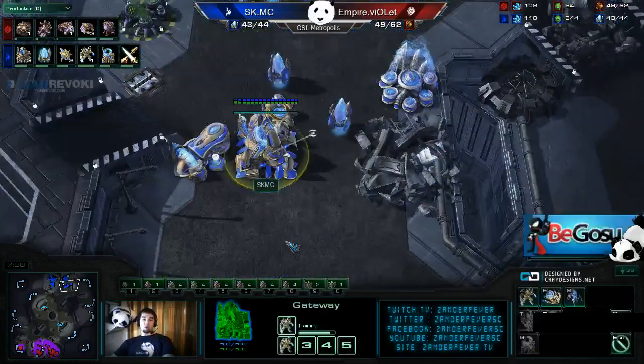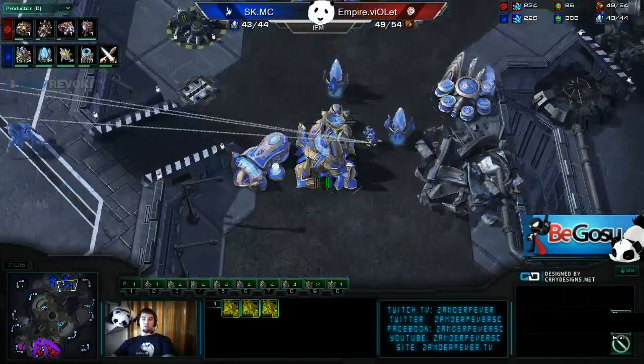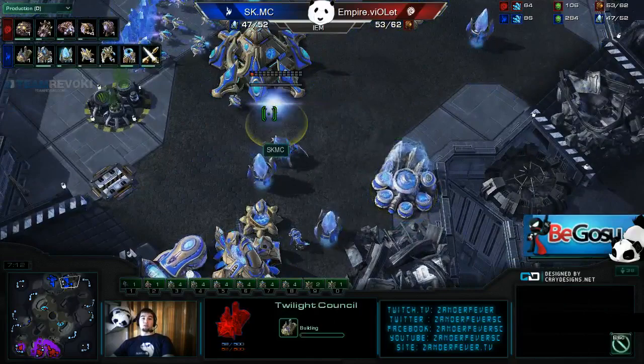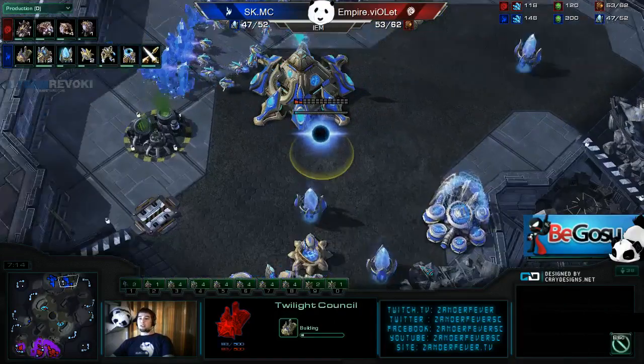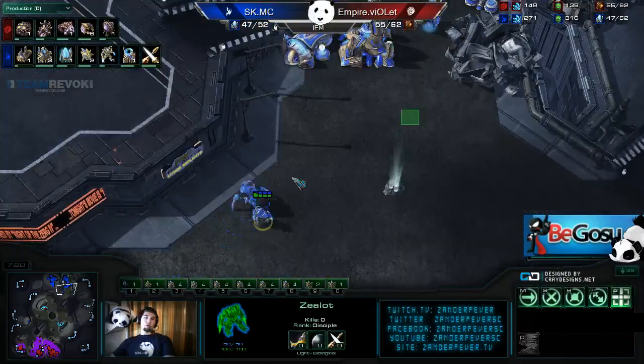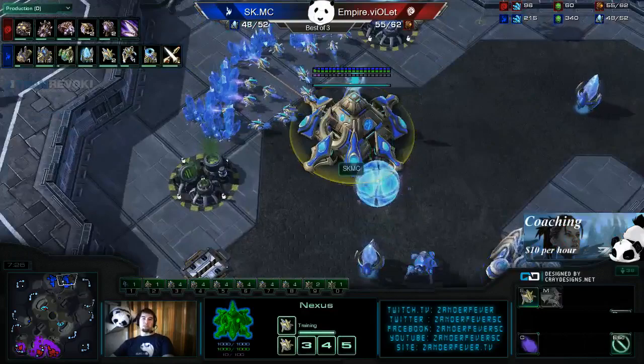But is there a Stargate Robo or something on the way somewhere else? I wouldn't be surprised if MC started throwing that down as well, because he's great at timing pushes, and it's actually going to be a Twilight Council. So I had a 2 out of 3 chance of just saying the right building randomly, and I got it wrong. Kind of sad. Unless you want to count possibly going for like an 8 gate or something like that,